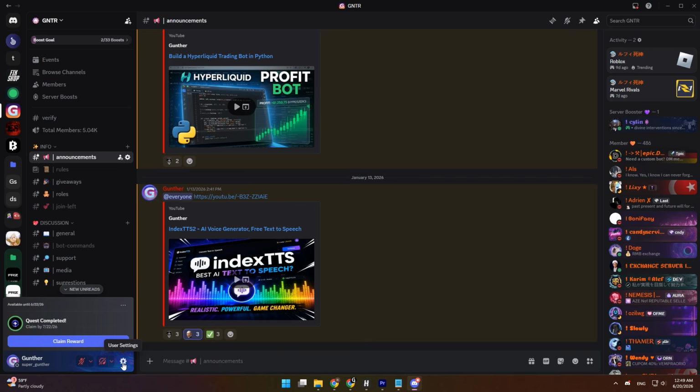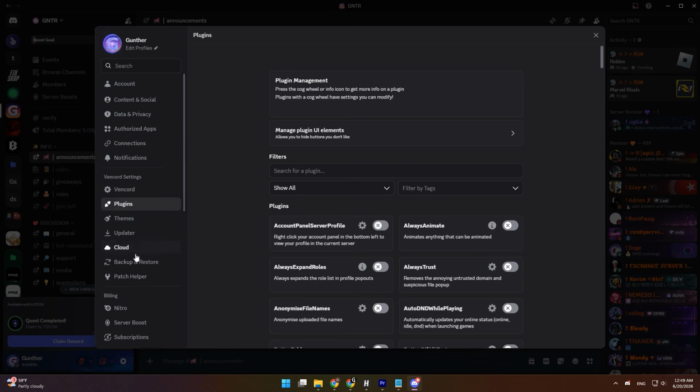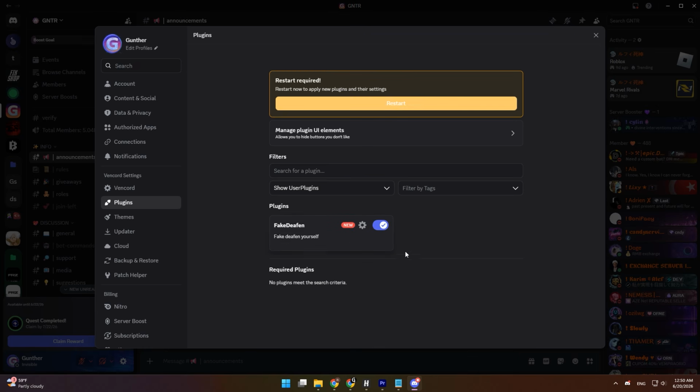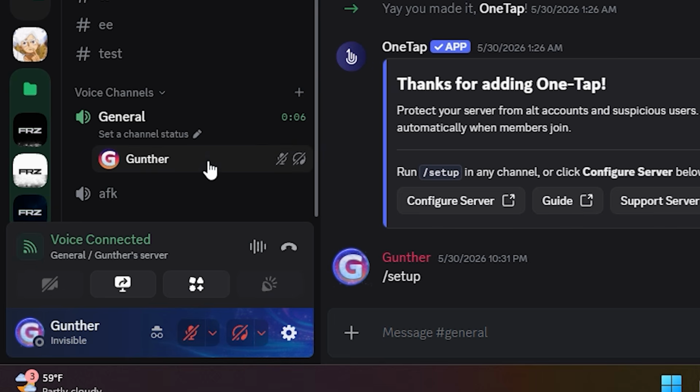Open Discord, go to the settings, Vencord, plugins. Find fake deafen here and enable it. You have to restart the client, and after this, when you have joined some voice chat, you'll see there is one